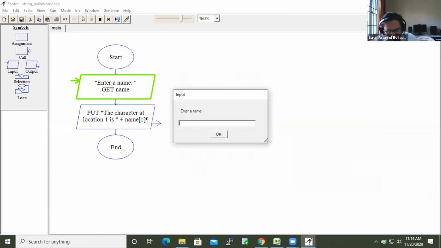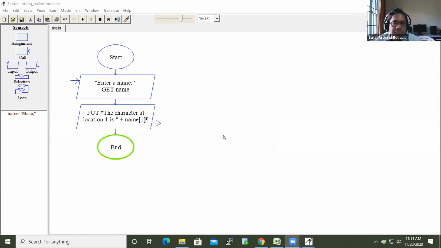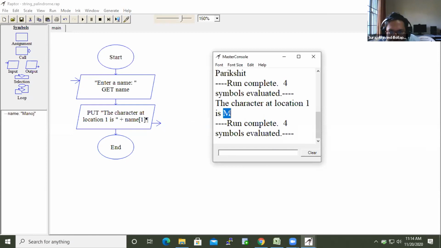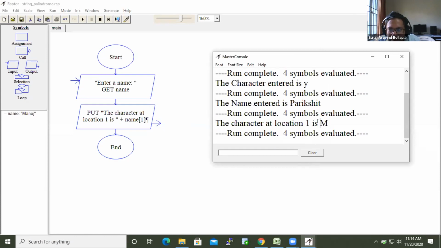This time let us give something else. Okay, some name is there, Manoj. Yes, I'm able to display the character at location 1, which is M.